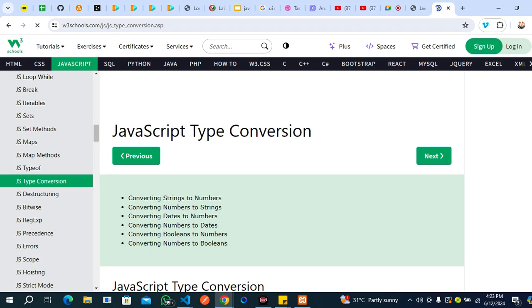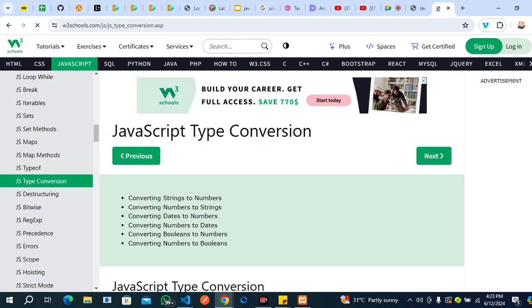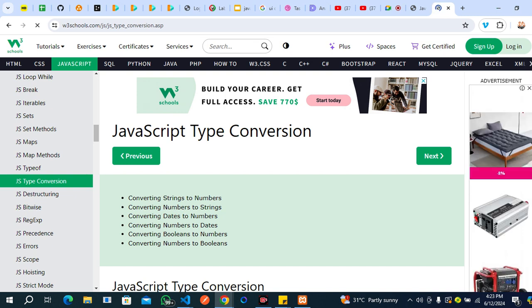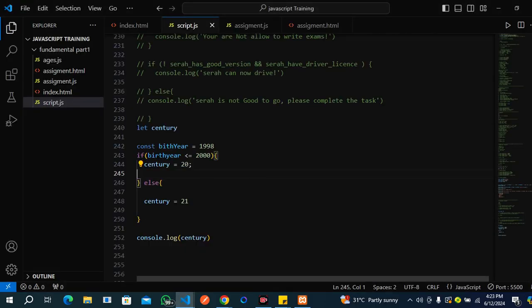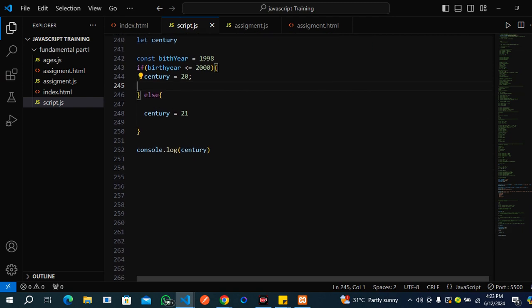So, like I said earlier, conversion and coercion refer to a process of converting a value of one data type into another data type, right? If you remember, there was a time that we were doing type conversion and type coercion,